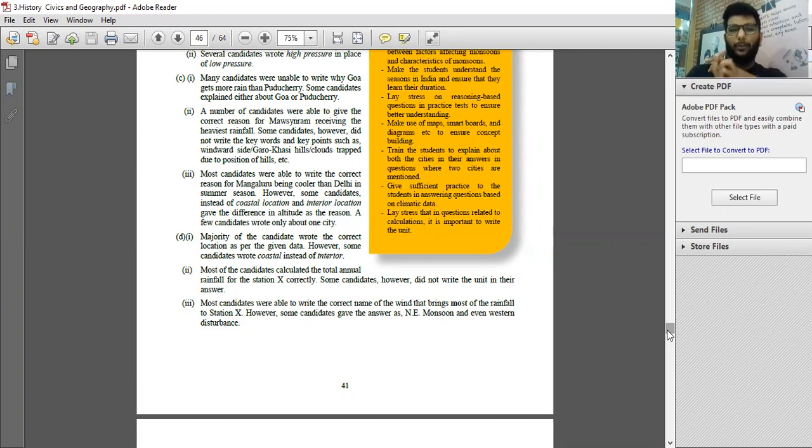Again, when it comes to Delhi and Mangalore being compared, Delhi receives more or less interior conditions. Being on the interior side, its temperatures, of course, will be more continental as compared to the coastal area, where the temperatures will be warm, pleasant, and cool as such. Again, when it comes to description, you have to identify that based on the sums. So you have to first understand the temperatures. If you find that the temperatures are higher towards, let's say, April, May, and June onwards, and the rainfall is also high towards June, July, August, September,